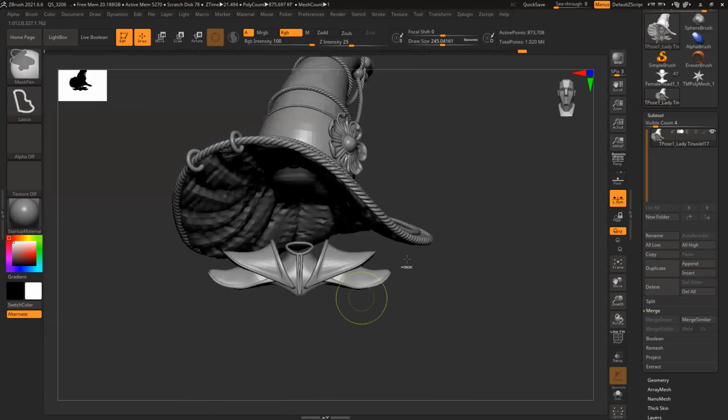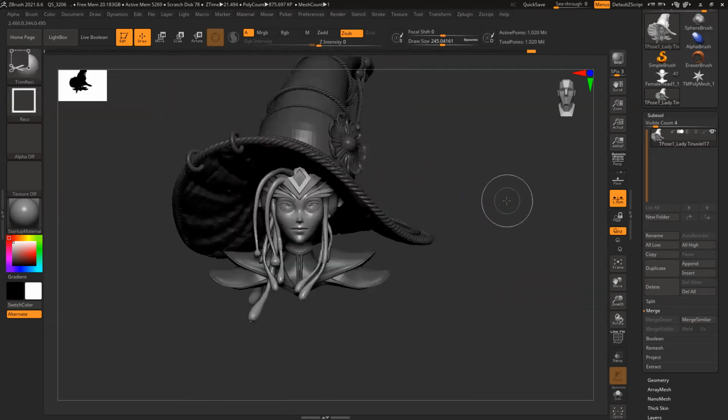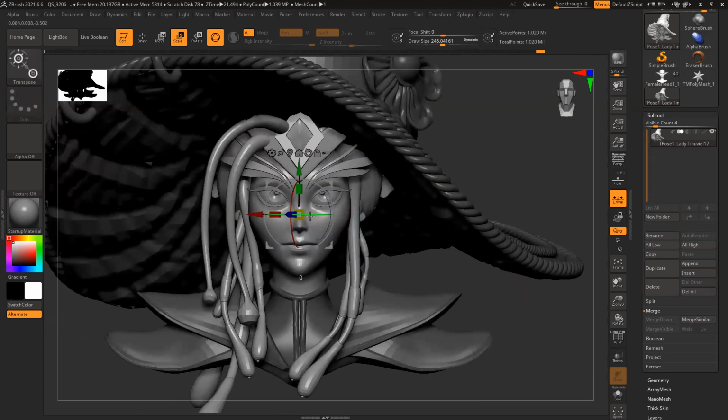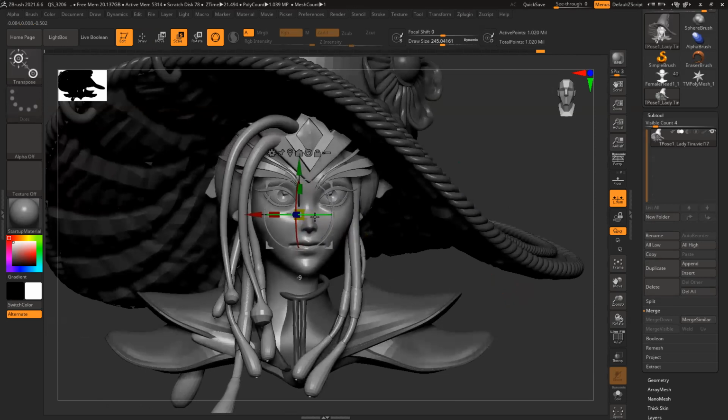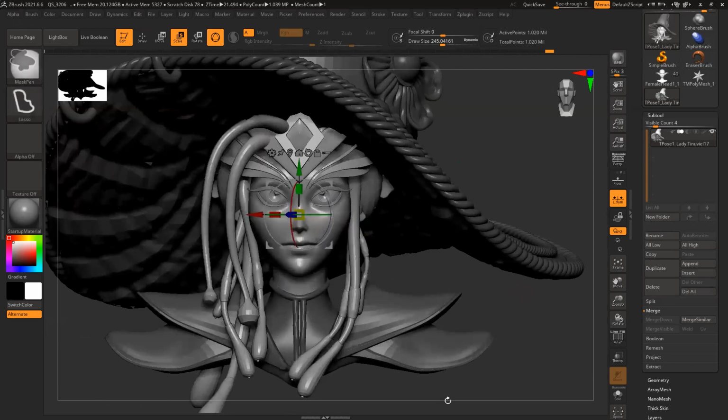Basically anything connected to the face. Select, click, and Control Shift click outside. Now I got the head, and you can see if I rotate this, it creates a problem here. So I have to rotate the neck only.